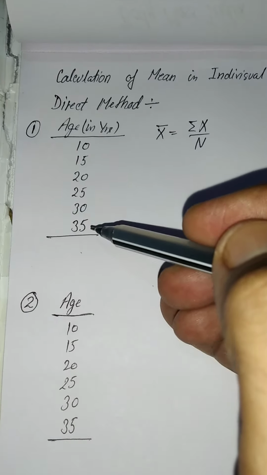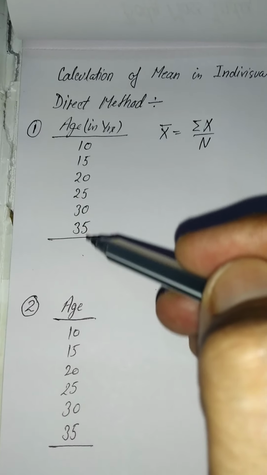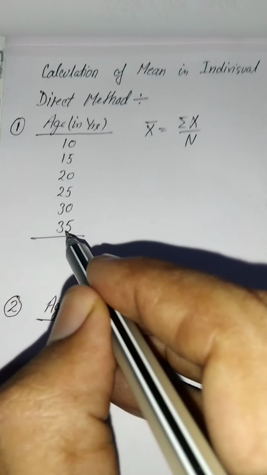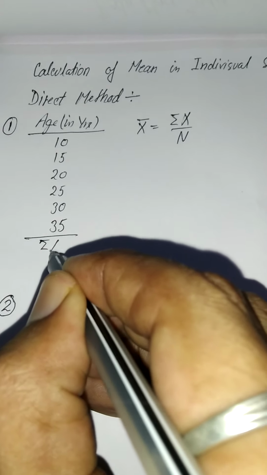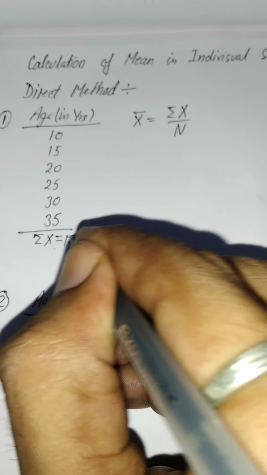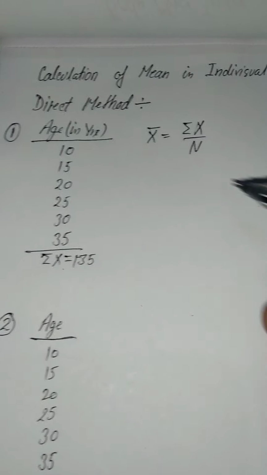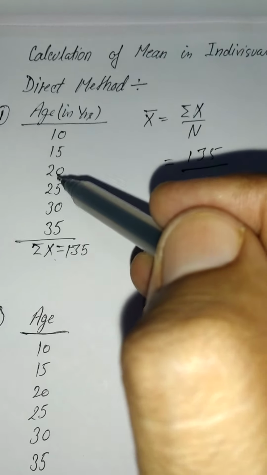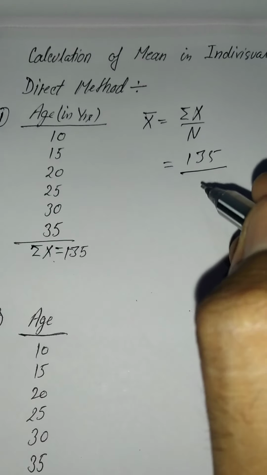So in this example, ages of these people have been given in years, so we will make its total first. Sigma x is equal to, as per the total of these things, 135. So to calculate the mean, 135 divided by n, where n is the number of items available, that means 1 2 3 4 5 6, divided by